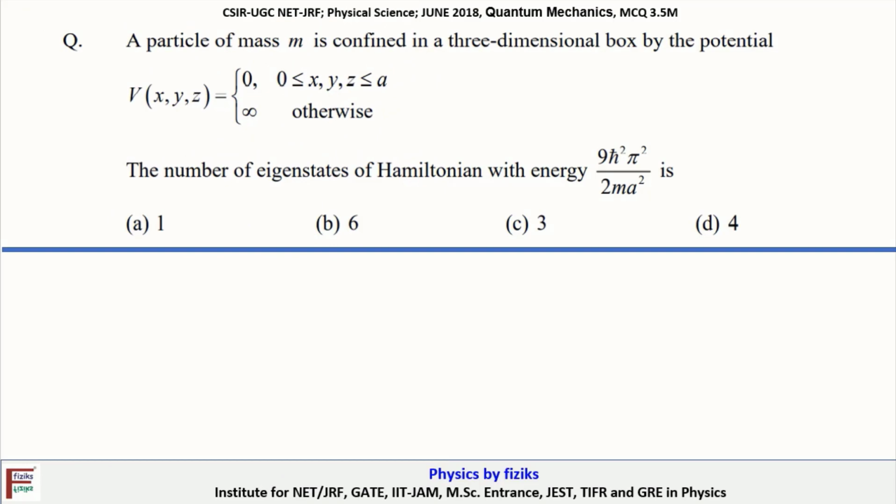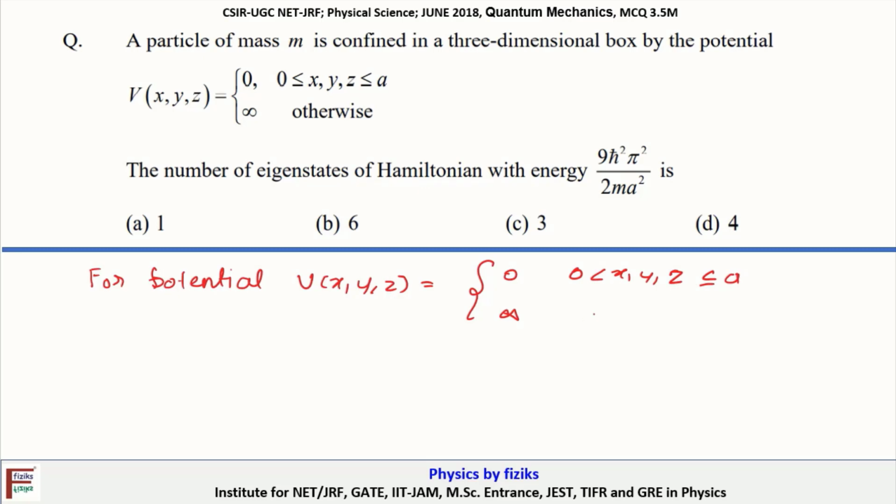A particle of mass m is confined in a three-dimensional box of potential V(x, y, z). The number of eigenstates of the Hamiltonian with energy is asked. So we have to determine the energy corresponding to the degeneracy of eigenstates corresponding to this energy. For the potential V(x, y, z) equals 0 for 0 to a, and infinity otherwise,